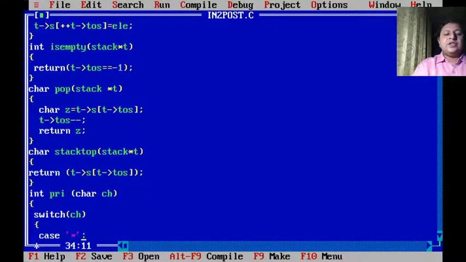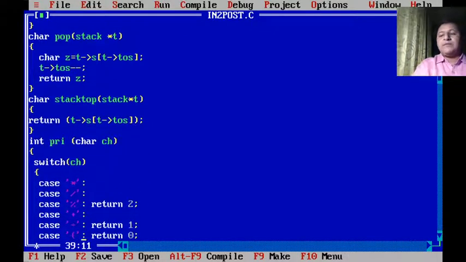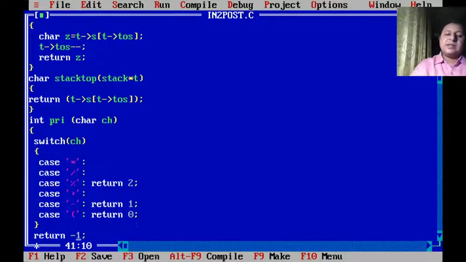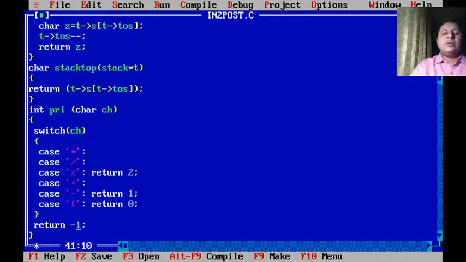Now there is a priority function. If you remember, opening bracket, we have kept highest priority, but it is not being kept here because we will not check its priority. Whenever we get the incoming opening bracket, we'll straight away push it. Otherwise, the multiplicative operator has got the highest one, that is 2. Additive operator has got the lesser one, that is 1. And opening bracket's priority, which is in-stack priority here, is least. So that's the reason we have kept it as 0. This return -1 we need to do to satisfy the C programming logic, because if it doesn't match with any of the cases, then it would return -1.